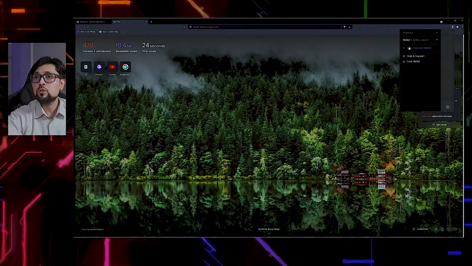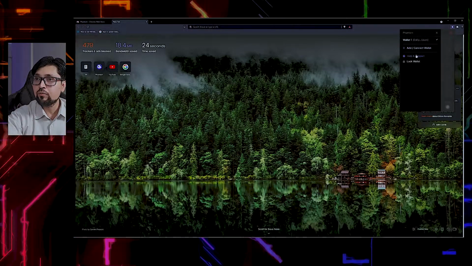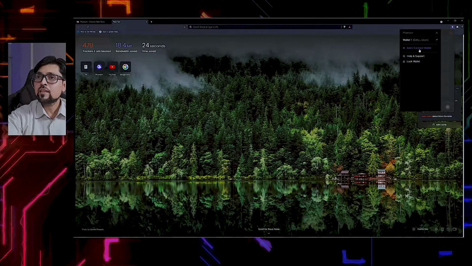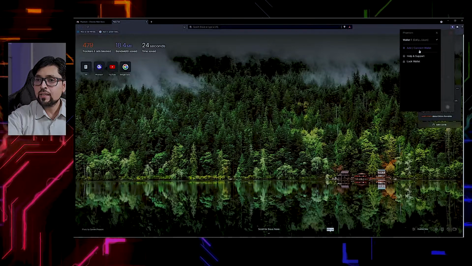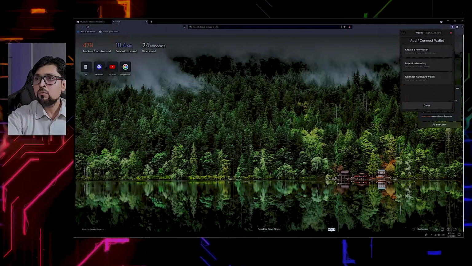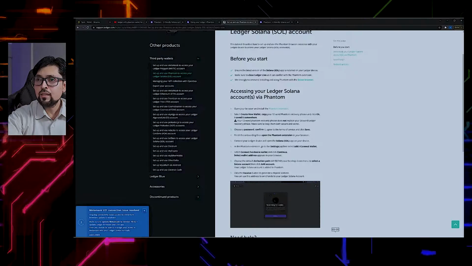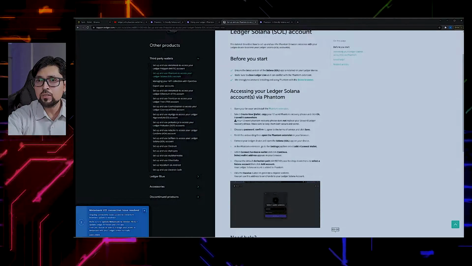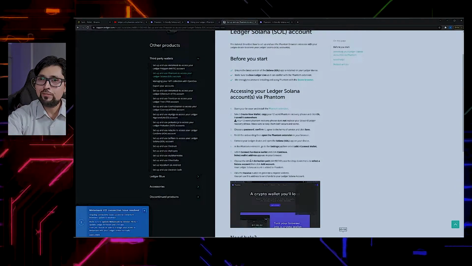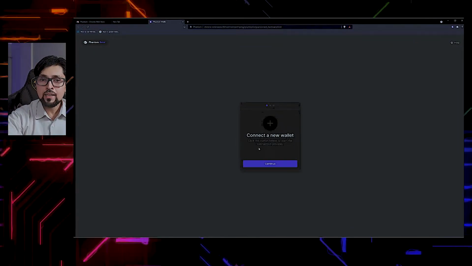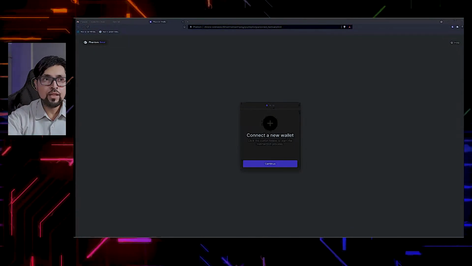And our next job is to connect the Ledger hardware wallet with it. So click on add connect wallet. Once you click on add connect wallet, then you need to connect the hardware wallet. Click on connect hardware wallet and you can read the process from here, Ledger support as well if you are new, or you can watch my video. So once you are connecting the hardware wallet, you need to make sure that first your hardware wallet is physically connected and your Ledger Live application is on.